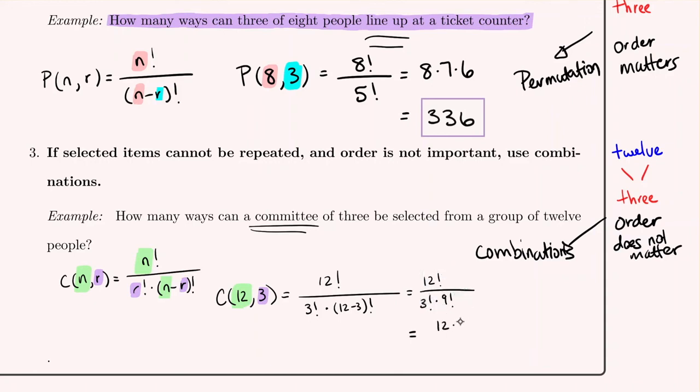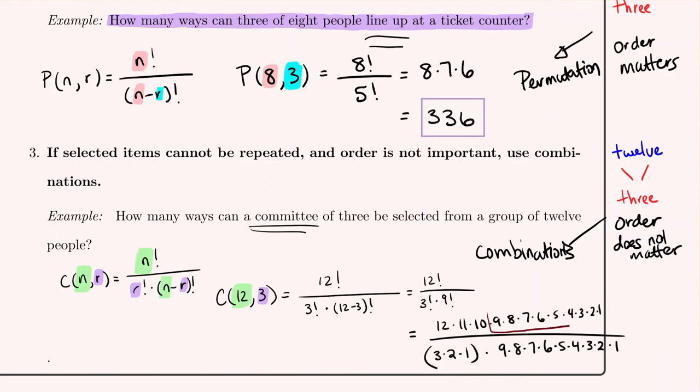12 factorial is 12 times 11 times 10 times 9 times 8 times 7 times 6 times 5 times 4 times 3 times 2 times 1. 3 factorial is 3 times 2 times 1. And then 9 factorial is 9 times 8 times 7 times 6 times 5 times 4 times 3 times 2 times 1. We see that